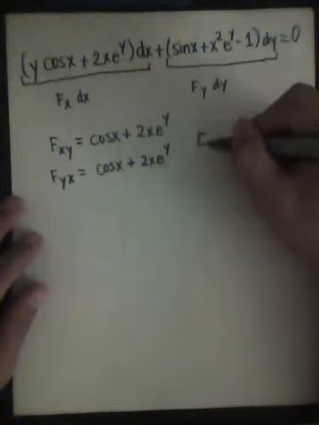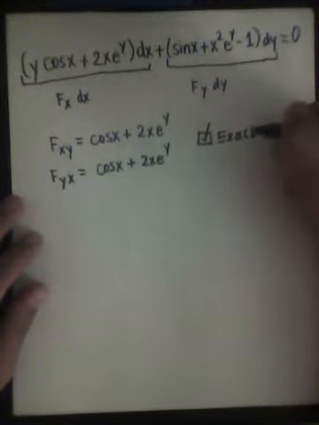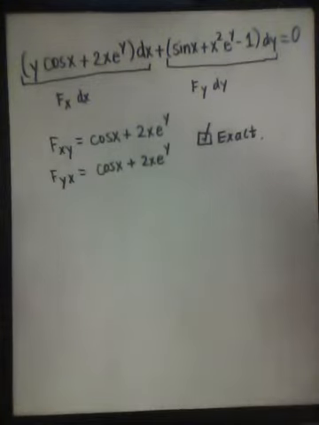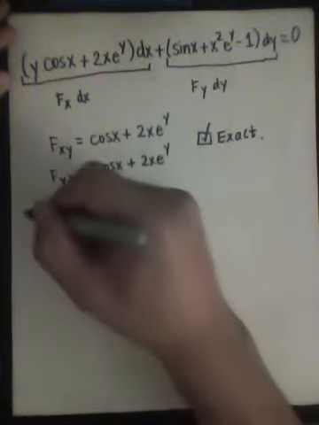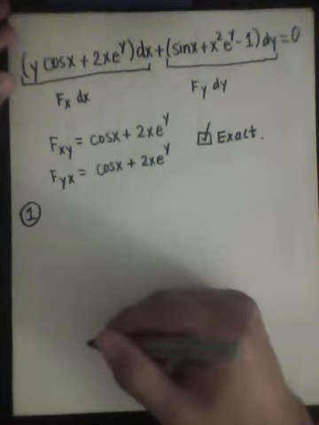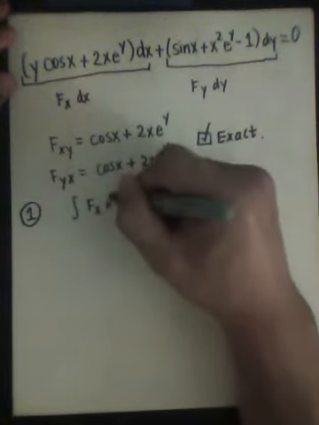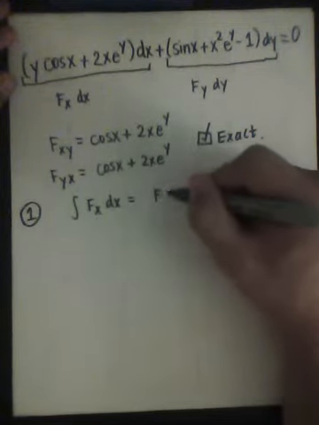These two are equal, therefore our equation is exact. Okay, so if they were not equal, then we could not use the method that we will show here for solving exact differential equations. So our first step is to integrate f sub x dx so that it returns our